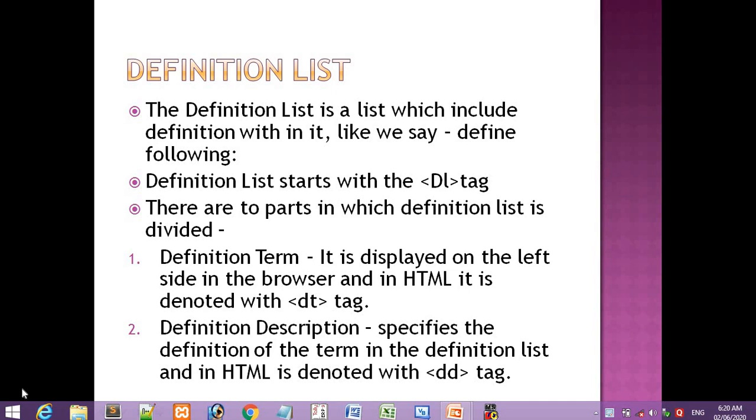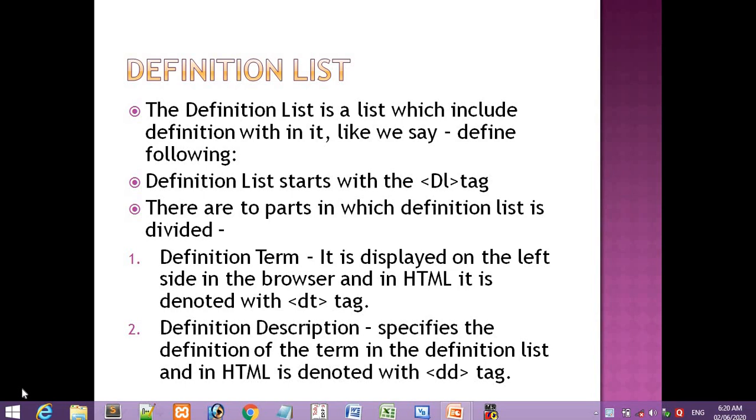Hello students. In the last video, while going through the chapter, we have seen two types of lists in this chapter. That one was the ordered list and the unordered list. I have given you programs as well for practice. If you do not have a computer or laptop, you can even watch the video again and again, so you will get to know how to do the programming and how to do the practical on this chapter.